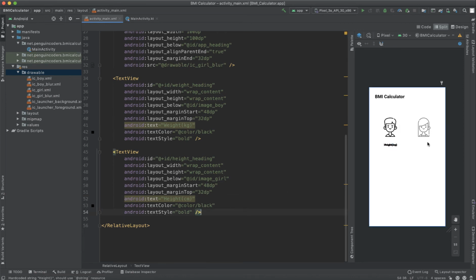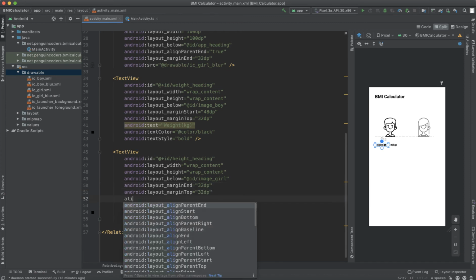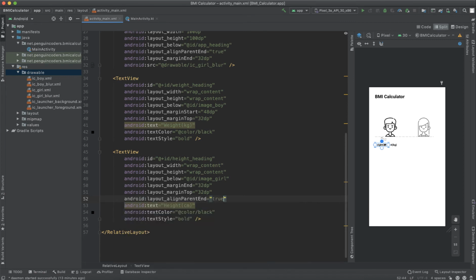Now instead of margin start we will put it as margin end, and margin end would be 32 dp, and then margin top is correct, then align parent end would be true. So you can see weight and height are appearing here.